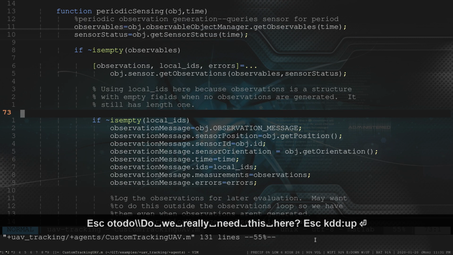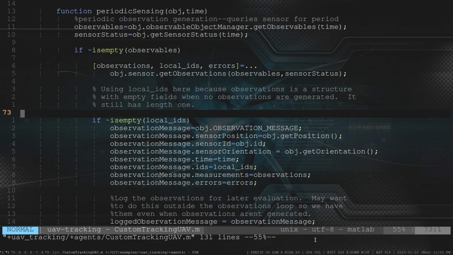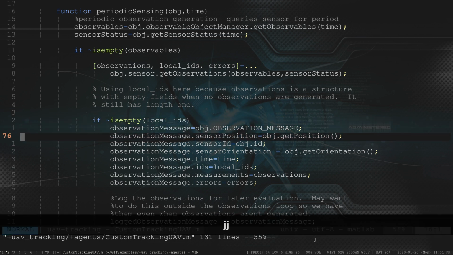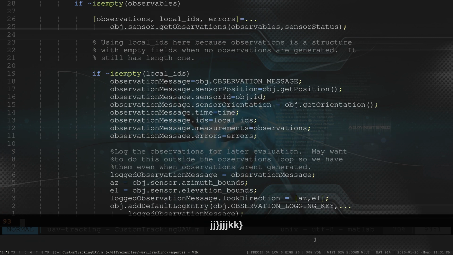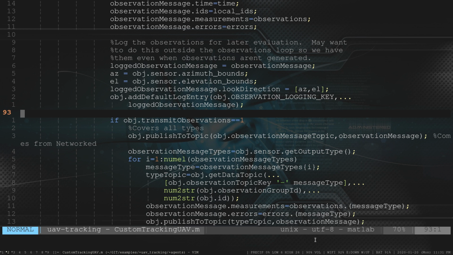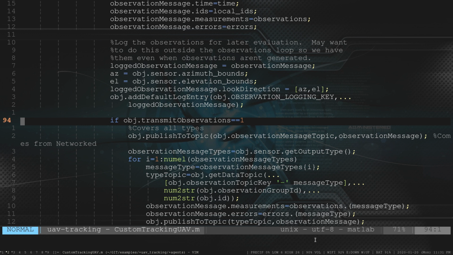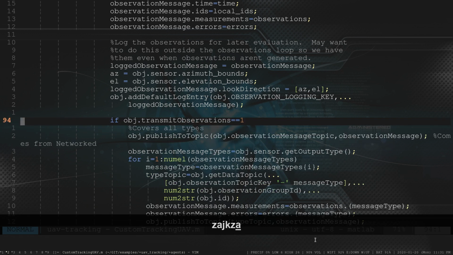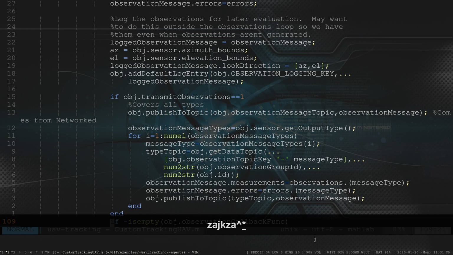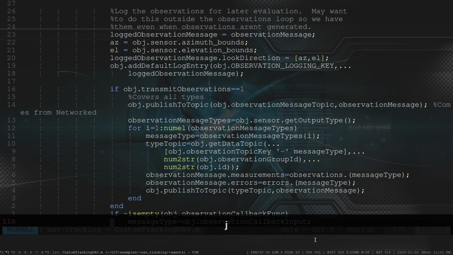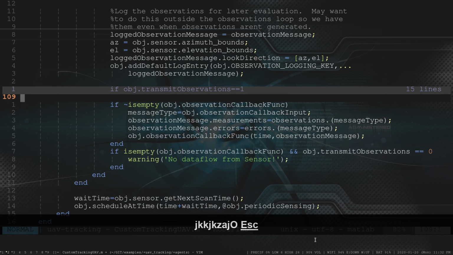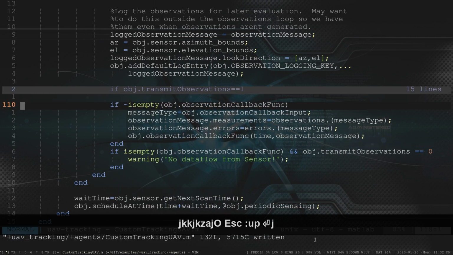Okay, so here we are. We have this fancy thing, generates our observations. If not as empty local message IDs. Okay, then we generate a message. We go down here. Let's do another one. Okay, if transmit observations. See, I may want to do that actually. What's the other thing? Well, is there an else? Is there something about that that's... No. It literally just ends. So, okay, I guess that answers that. I'm going to put a space in there. If it's empty, observation